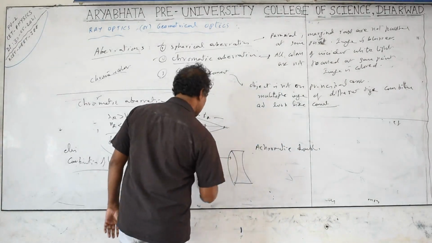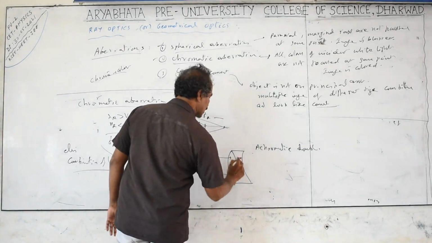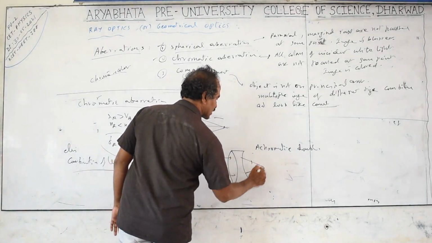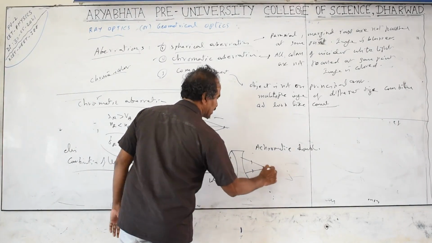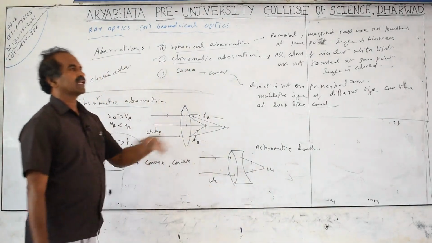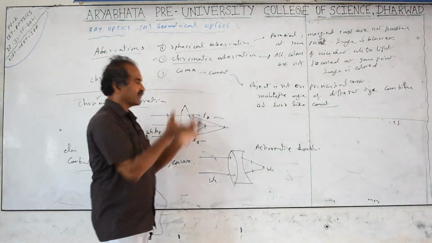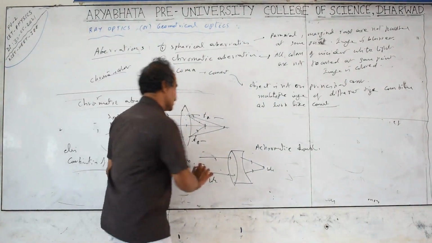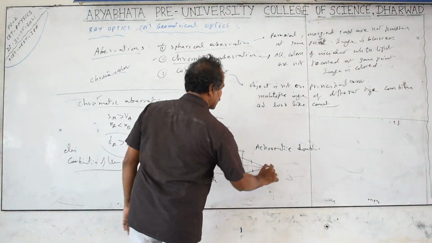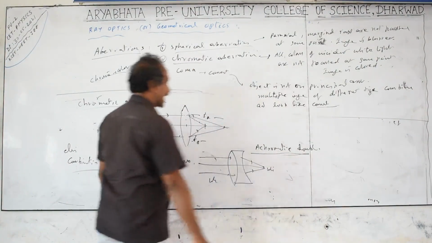So if you take white light, all colors are focused at the same place. White image means not white actually, it means the 7 colors. Whatever the tree is, green, in the tree what different colors are there? All colors you can see clearly here. That means you can see the colors as they are if there are no chromatic aberrations. It's called an achromatic lens.